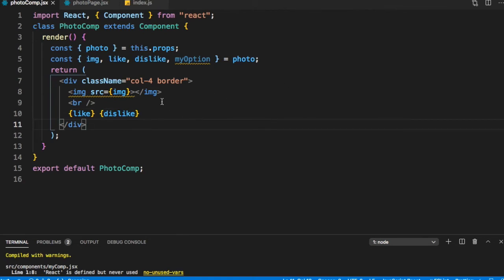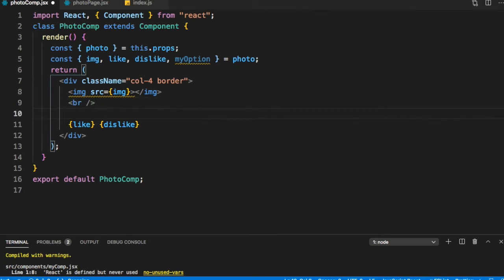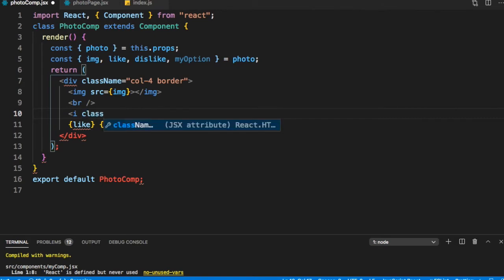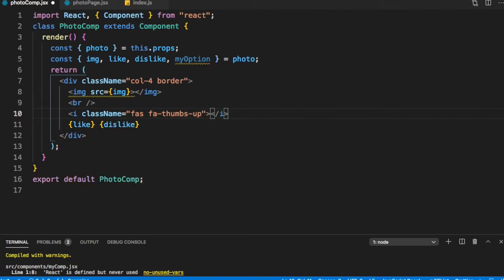So for that we will put them into an icon. So let's just say icon class name is equal to, let's say fa thumbs up. That's what we are using for like, and within that let's just display our like, and same thing let's do to our dislike.